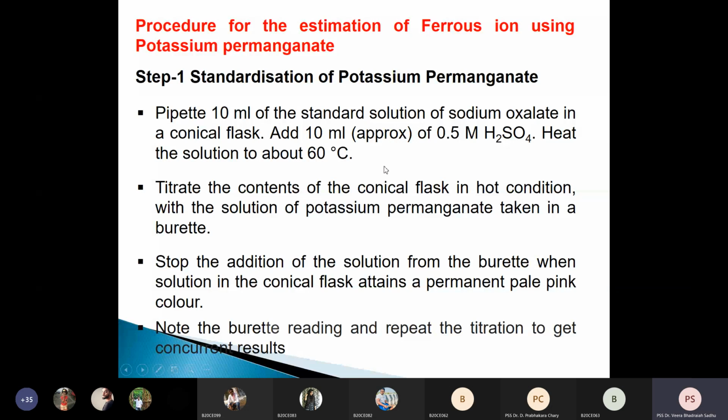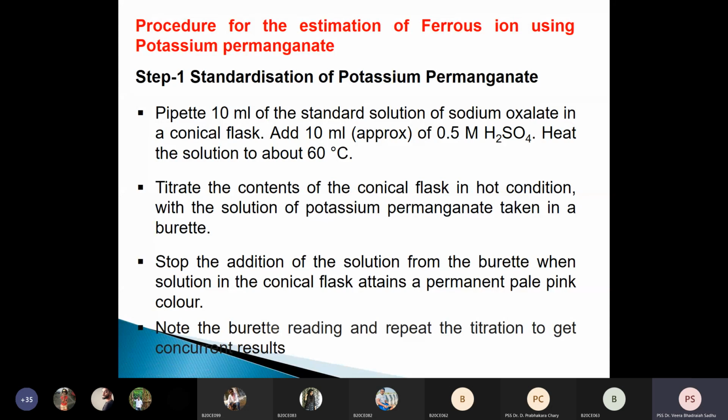You heat them up for a few minutes and immediately take them out of your heating mantle. There are heating mantles to heat up the solutions. After taking out of the heating mantle, you titrate against your